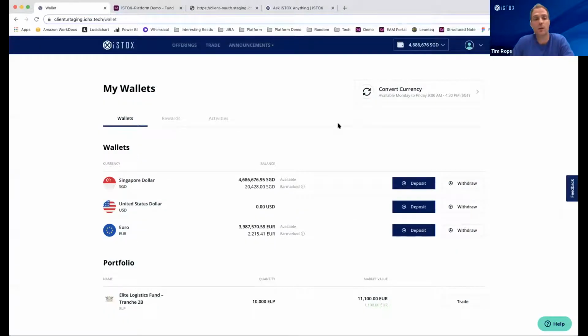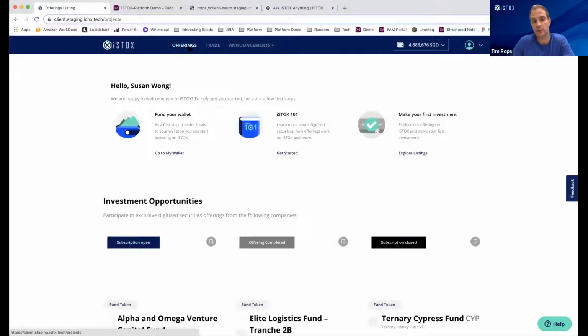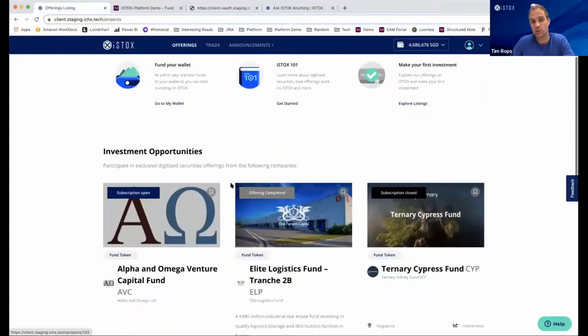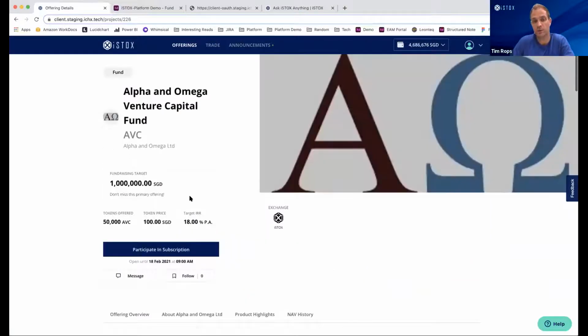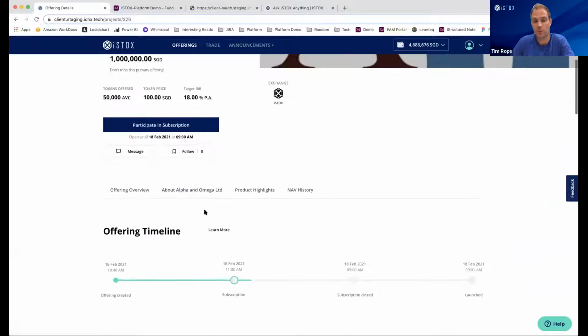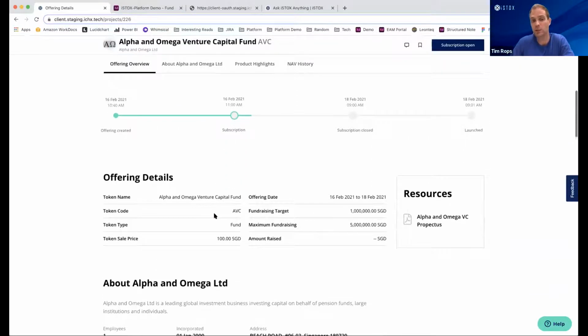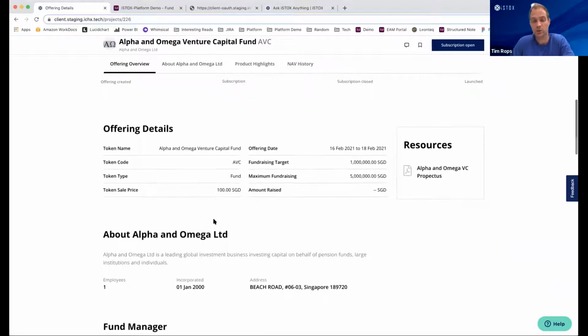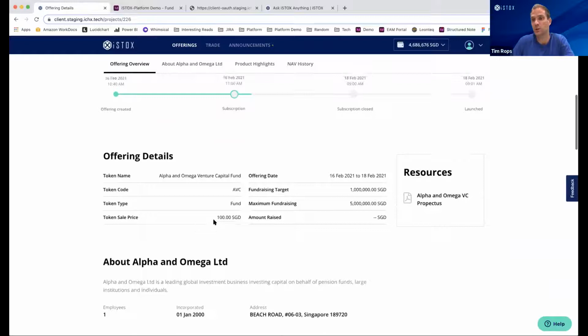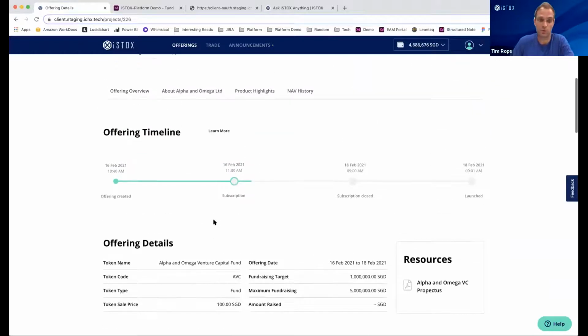When it comes to investing, there are two ways to truly invest, the first being the initial offering. If you find an opportunity that you like, it's very important that you do your own due diligence. Of course, we try to ensure there are quality offerings on the platform,